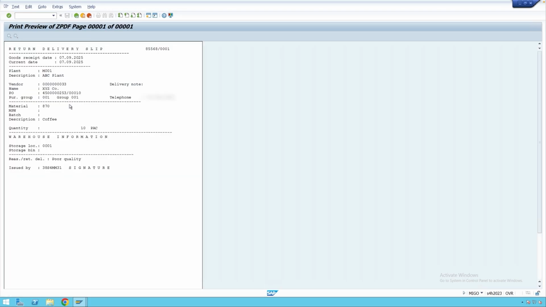And you can see this is how the system has generated the return delivery slip. The system tells you that this is a return delivery slip. This is the material document number and material document item. This is the GR date, then the current date, then you have the plant, description of the plant, vendor code, purchase order number and item number, then purchase group, then you have details of the material here, and you have the storage location